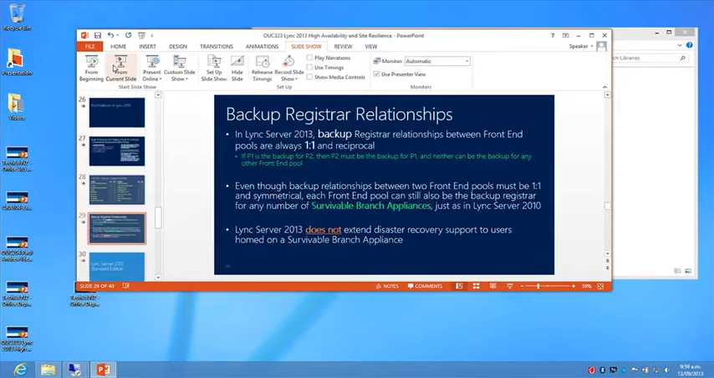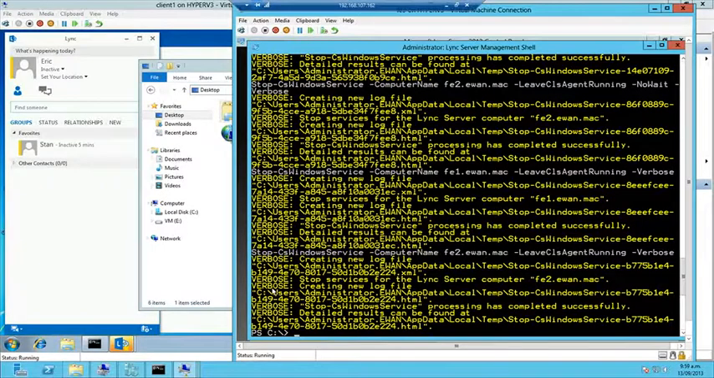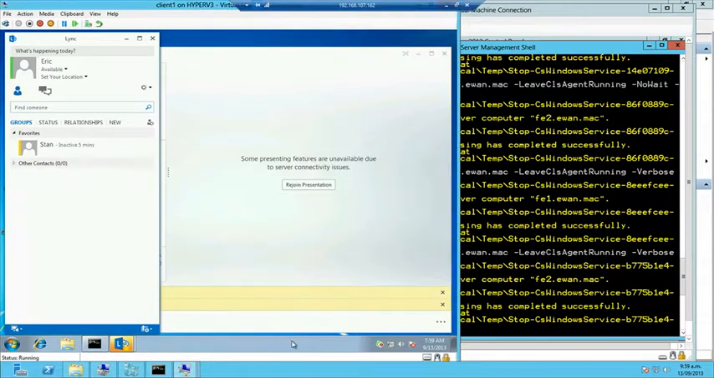Let's take a look at our user experience. Okay, so the failover has completed. We can now see that Eric's client is no longer in resilience mode. He has converted from resilience mode to normal operations. However, if I go to Eric's configuration,